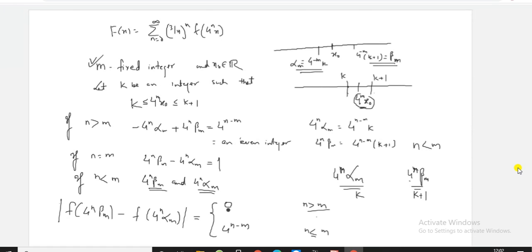Why? Because इन दोनों के बीच में कोई इंटीजर्स नहीं है. 4 to the power n beta n और 4 to the power n alpha n के बीच में कोई इंटीजर्स नहीं है. और f की वैल्यू, ओरिजिनल वैल्यू क्या है? जब दो वैल्यूज आप ले रहे हैं 0 और 1 के बीच में उसकी वैल्यू x है और 1 और 2 के बीच में उसकी वैल्यू 2 माइनस x है. तो अगर मान लीजिए कि दो वैल्यू x1 x2 ले रहे हैं, अगर वो 0 1 के बीच में है, इसी तरह से और भी किन्हीं दो इंटीजर के बीच में नंबर्स लेंगे, तो x1 x2 और दोनों पे उसकी वैल्यू देखिए, अगर आप ले रहे हैं